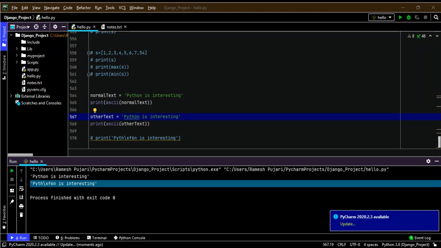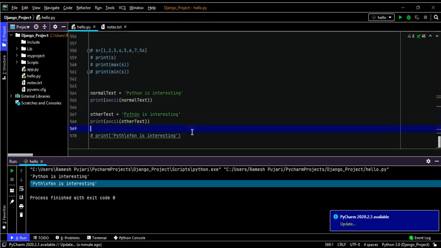In the eval function, it parses the expression passed to it. Whatever expression you are passing, it parses that one and returns the Python expression's code within that program. So now I will explain how to use the eval function.